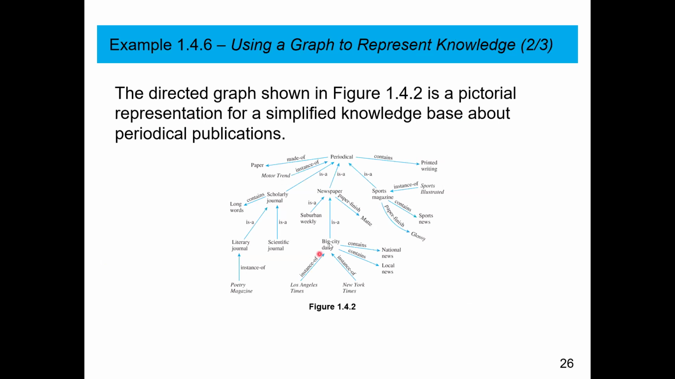Now this graph's a little bit harder because there's a bunch of labels on here. But for instance, notice Los Angeles Times, that's a newspaper, is an instance of a big city daily news. Big city daily news contains national news. Now, that is not national news contains big city. It is one way, not both ways. And that's kind of the idea we have going on here. Now we can use this to answer questions like,